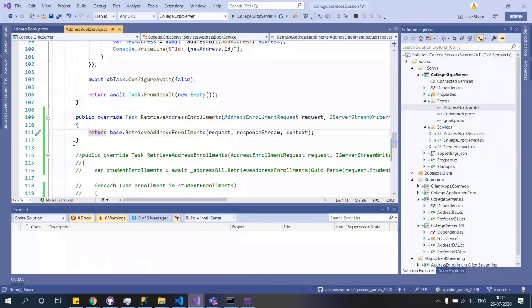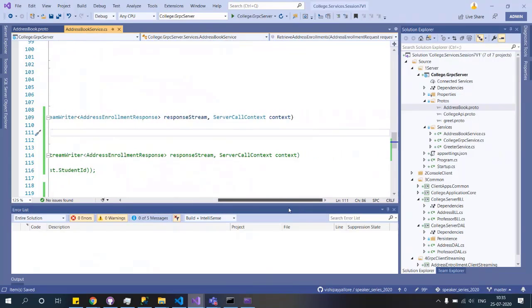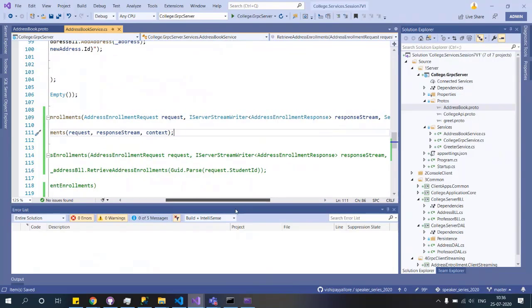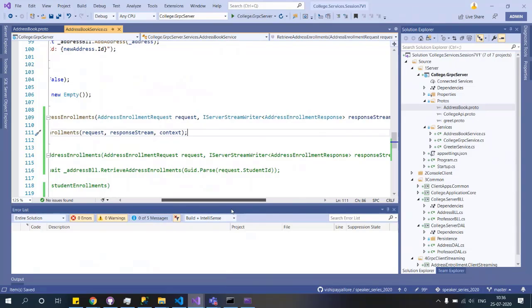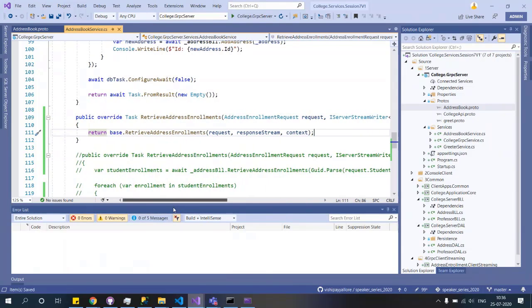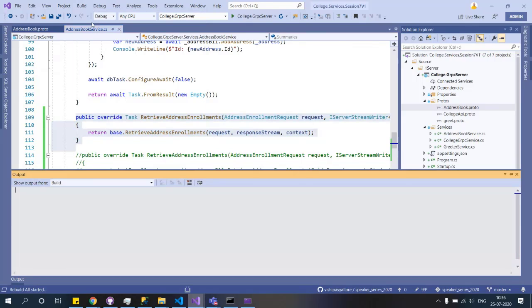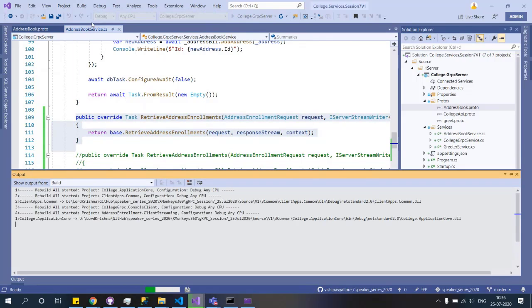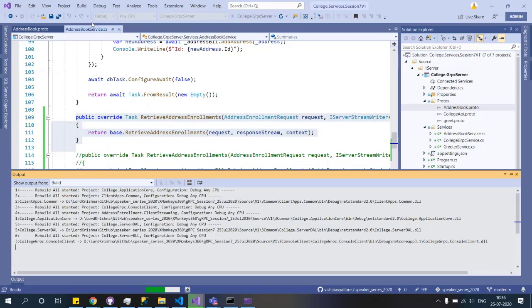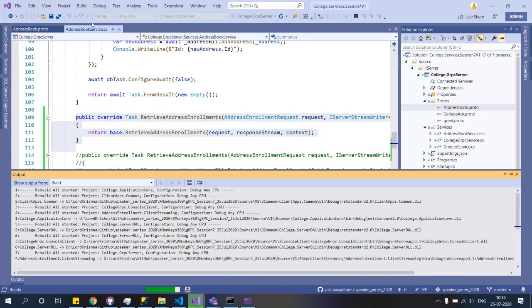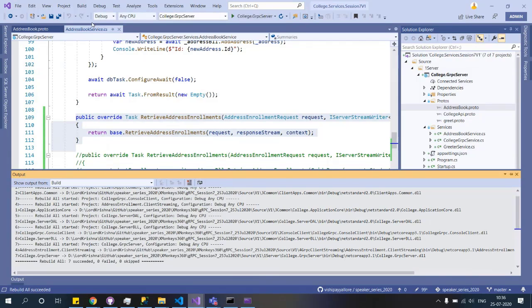What is the difference between this and this? It's nothing. And why did it trouble us? Okay, let me build this and see whether it is recognizing this method. Yep, it's doing it.